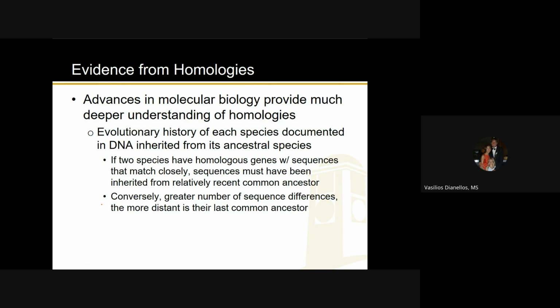In other words, you know how we can do 23andMe, for example, and you send in your DNA and they're like, oh yeah, you're related to this person in this way, because they're looking at the similarities and the differences in our DNA to figure out how you're related to people. And basically the same thing happens with organisms. So we can look at the DNA of organisms and figure out how they are related. Like when is their most recent common ancestor, things like that.